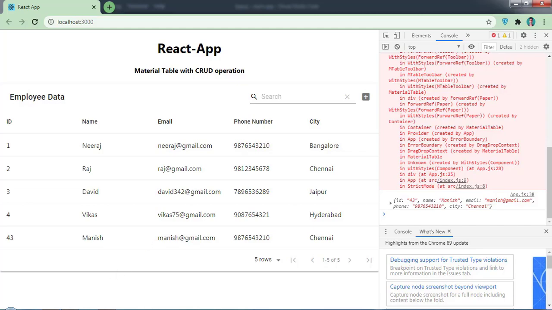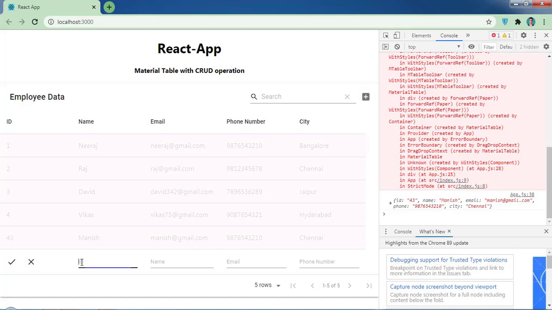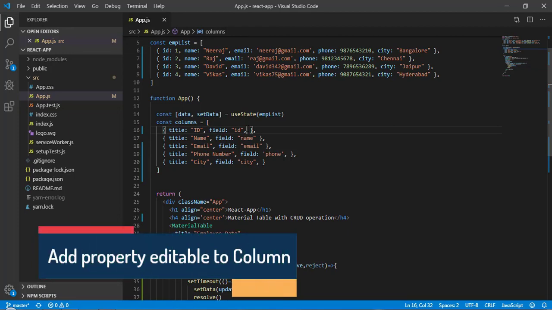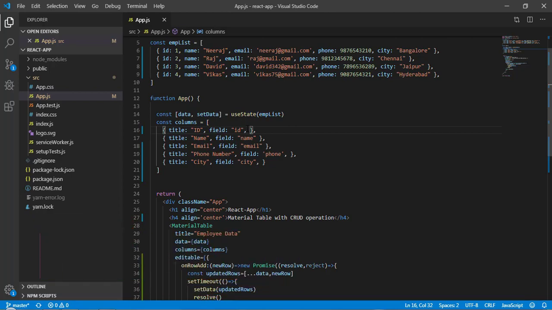Okay, so now here you might have noticed another issue. So here you can see we are providing the ID. What if I don't want the user to provide the ID? So in that case, what we can do is, here we can come to the column definition of ID and we can add another property, and that is called editable, and that is going to take a boolean value true or false. So default value is true. So here we will write editable and we will provide value as false.